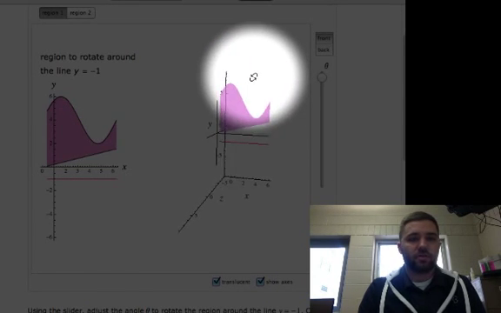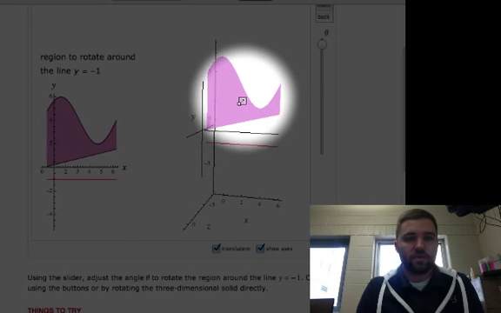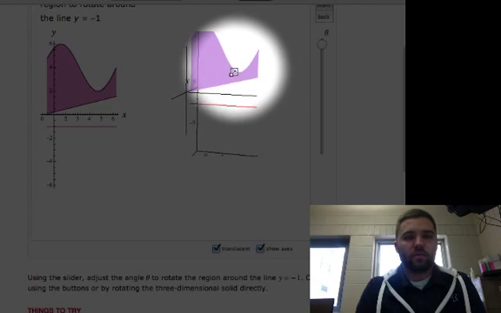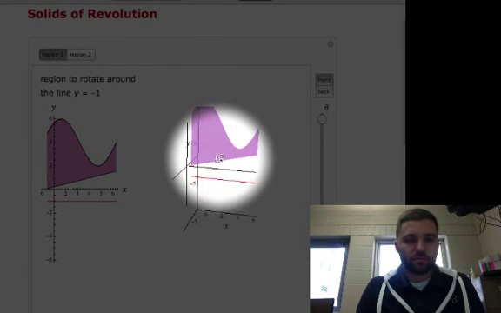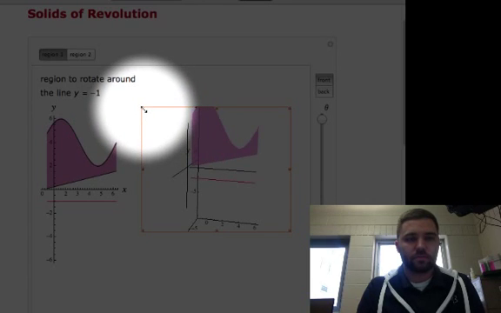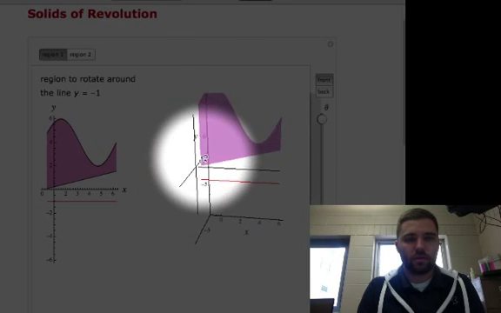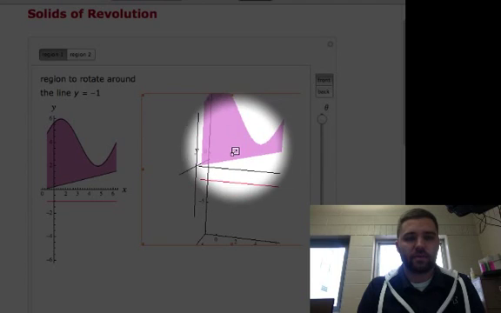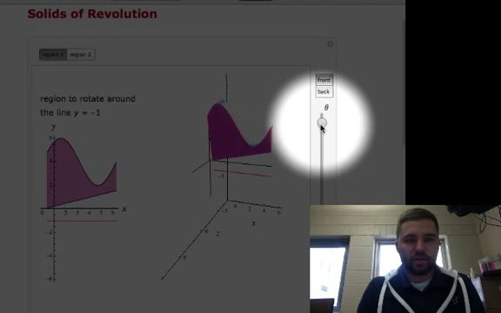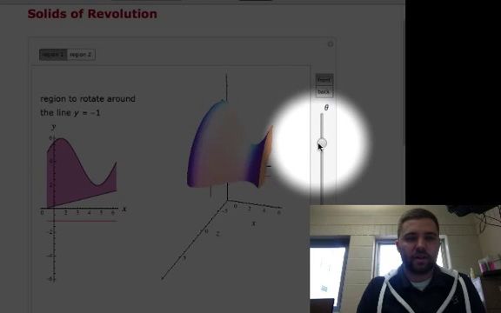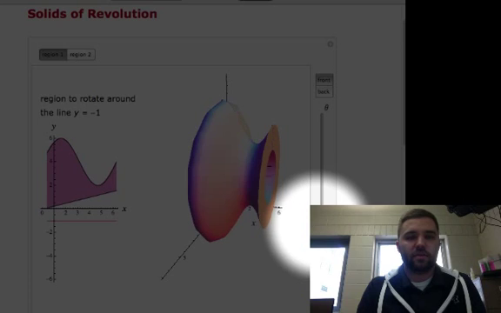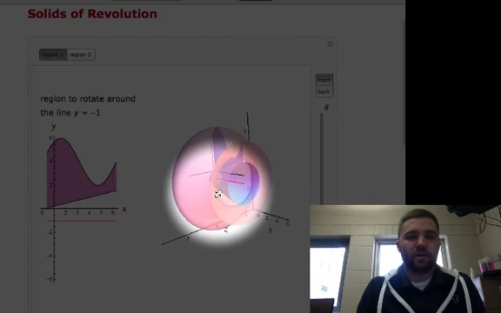Well, if I go over here to, I think I can maybe even zoom in a little bit. I'm going to rotate around, whoa, y equals 1. Oh boy. Okay, y equals 1, let's see what happens. Zoom out here, and then we'll rotate this thing, and then I start to get this solid. And now this one isn't labeled nicely like the other one, but if I spin it around, notice that